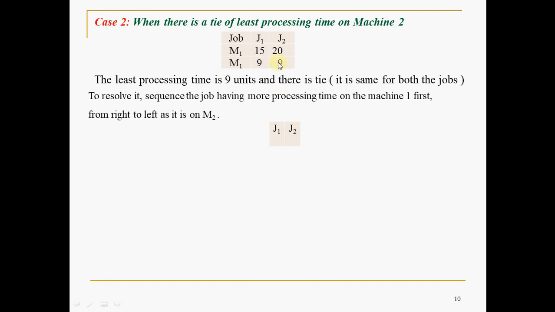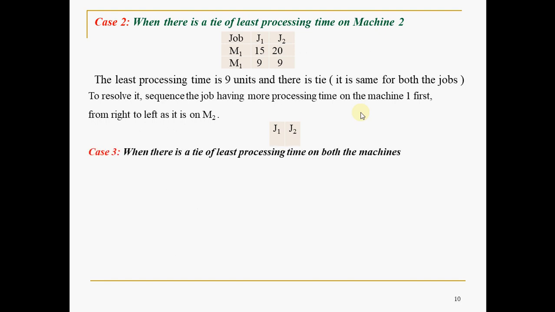9:20, 9:15. Okay, so the tie is on machine 2. You please make it as M2. The tie is on machine 2. When the tie is on machine 2, you select the job which is having more processing time in the opposite machine. I mean, this one is having more processing time, no? Job 2 is having more processing time on the other machine, that is M1. Hence, you sequence it first. First in the sense, as the tie is pertaining to machine 2, you have to sequence it from right to left. That is the meaning of first in this case. It is the reverse direction, no?